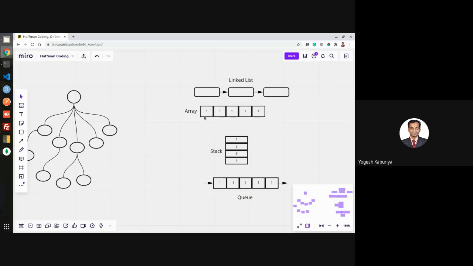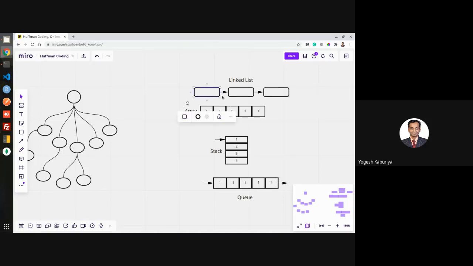So if it's an array, then you have the indexing, so 0, 1, 2, 3, 4, like this. If it's a stack, then you have this stack pointer or a stack top, and whatever you do, you have to do with this stack top only. If it's a queue, you will be studying queue and linked list later on in this subject. But if it is a queue, then instead of a single pointer, you now have two pointers, front and rear. At the front pointer, you are going to insert the element, and from the rear pointer, you are going to remove the element, if it's a simple queue.